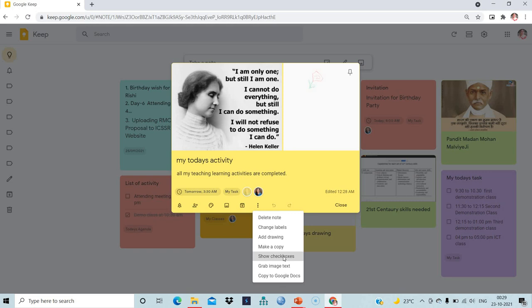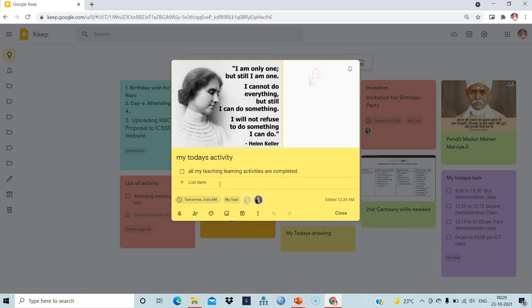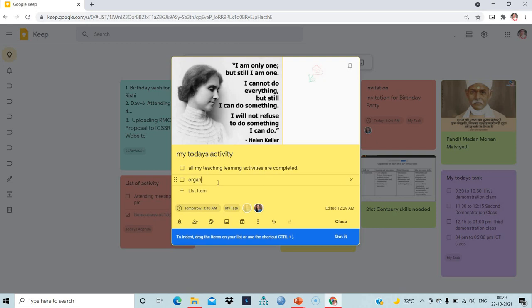So checkbox. In this option, if I want to add some activity or list of items, by these features we can arrange them all. For example, I have written here all my teaching learning activities are completed. The next tasks for today are to organize, attend a meeting.